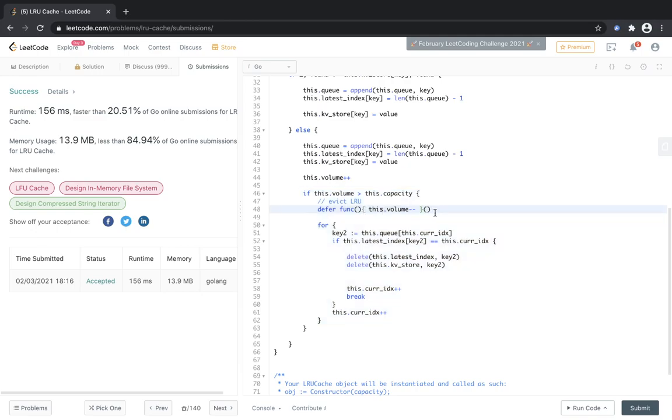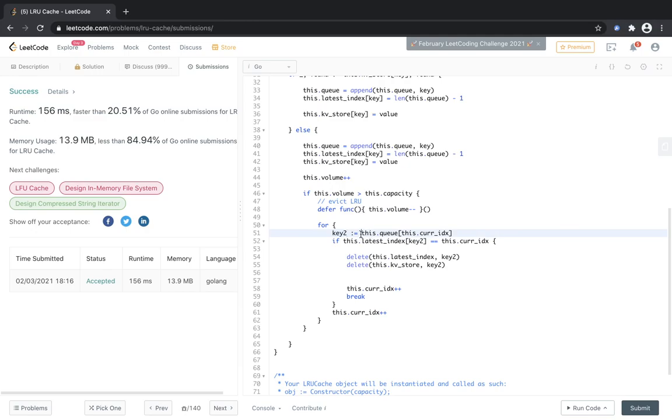First of all, we will decrease the volume. So yeah, call this in the end, or you can also call this in the beginning. It doesn't matter because anyway we are decrementing the volume. So now let's call key2, or I will call it k2 because it is easier to pronounce. So k2 is the key that is in consideration.